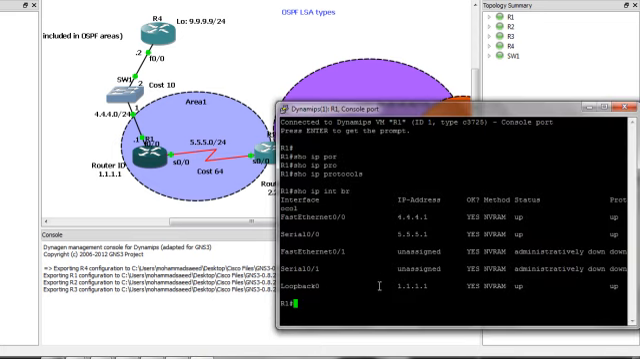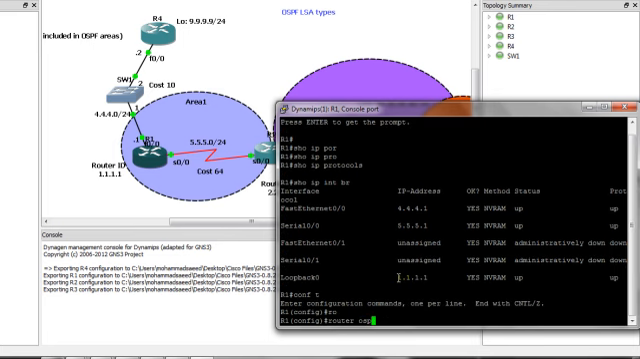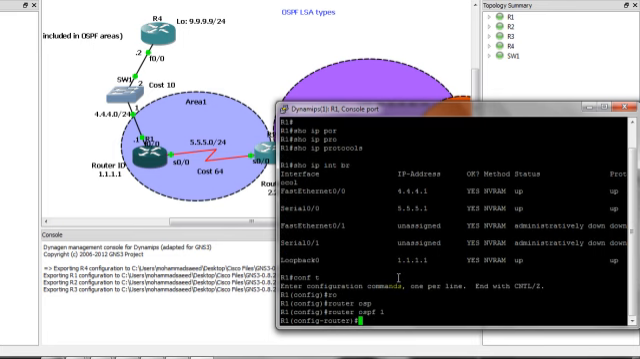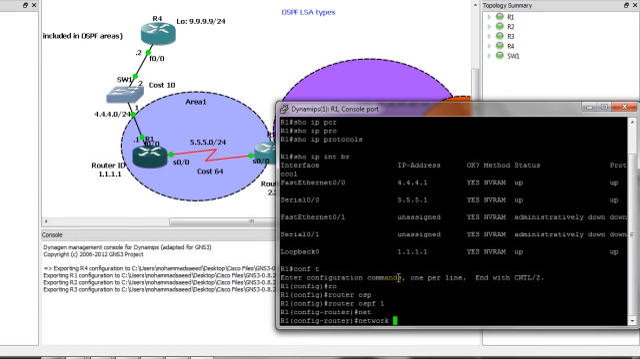So conft. Now I want router OSPF 1, with the process number 1, and also here we have network. Network is, yes, to include this